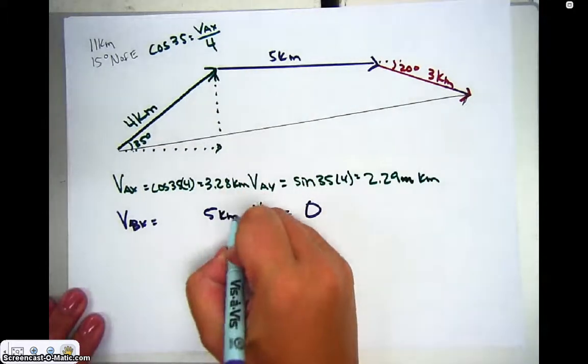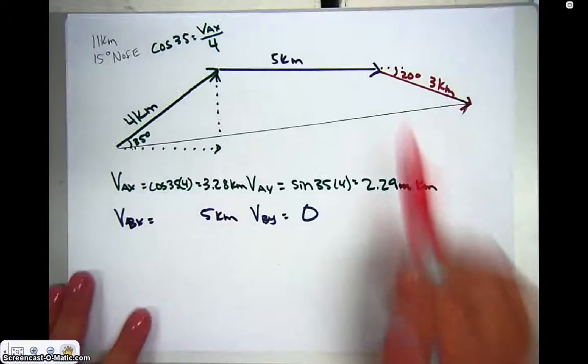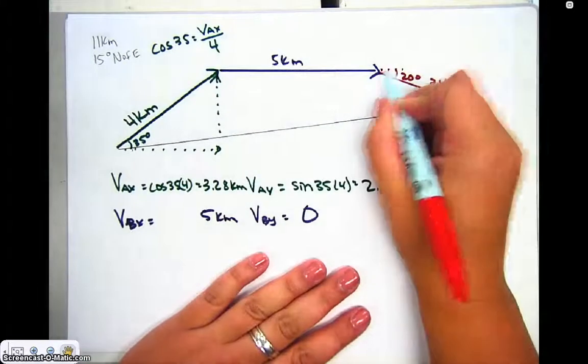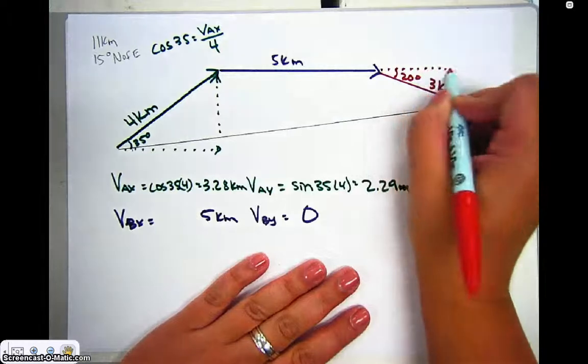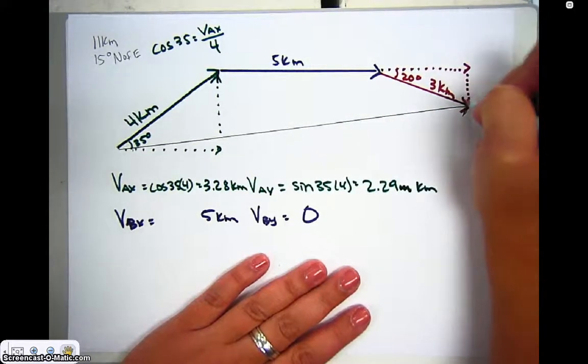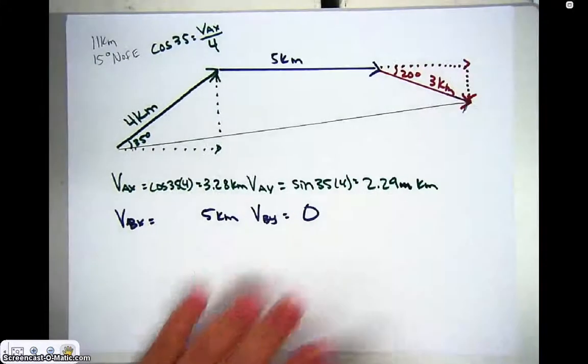And kilometers. Then we are going to do the last vector here, vector C we'll call it, and it has an x component there and a y component there. Now notice that the y component is down, so we're going to